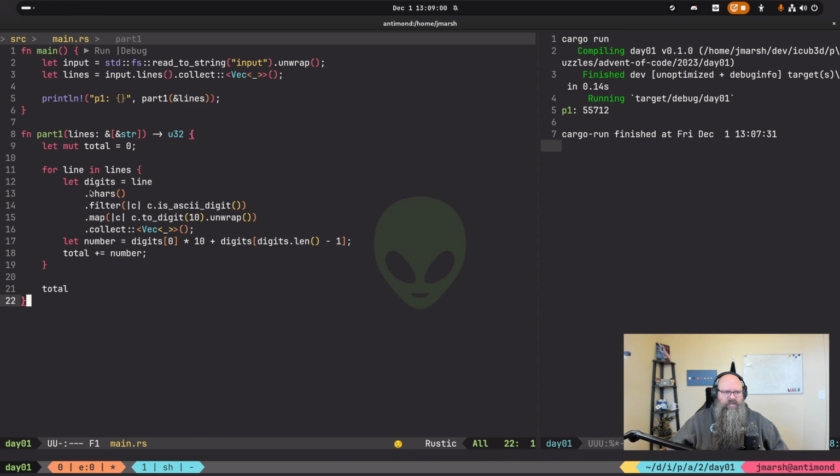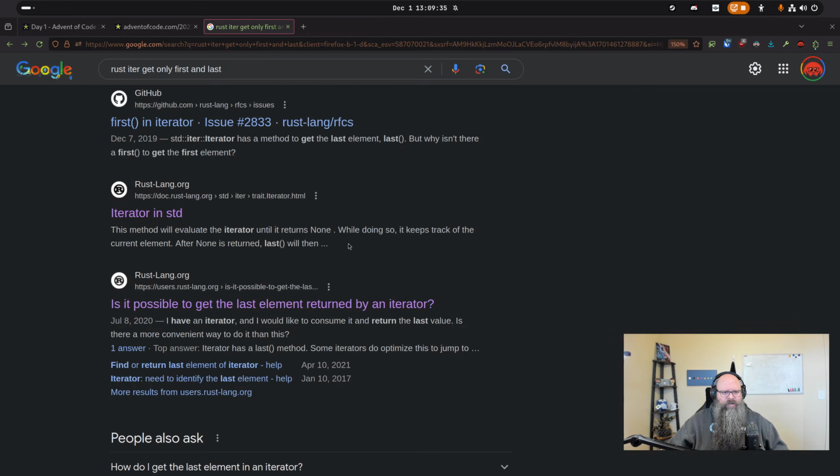We say get all the characters, filter them by the ones that are ASCII digits, map each of those to an actual number, and then we can use those down there. This is not super efficient. You could potentially just take these and turn it into a number, if you're going for performance, but the size of the input is relatively low, so I don't think either of them matter. This feels like a good first solution for me. Cleaned it up a little bit. So let's go on to part 2, see what we got.